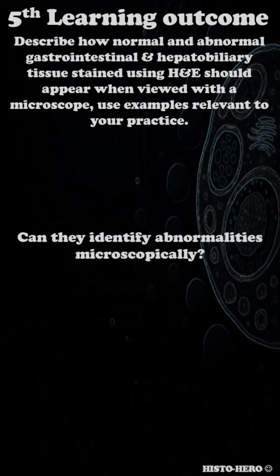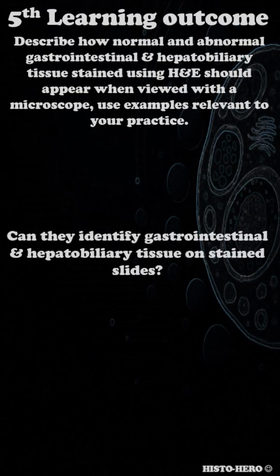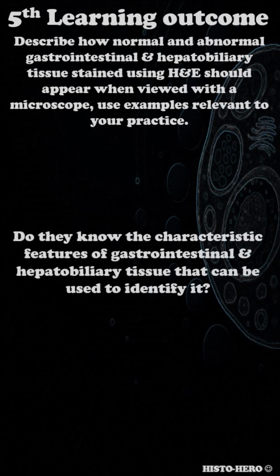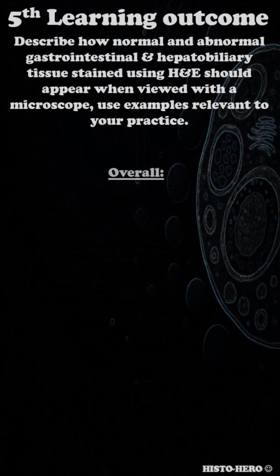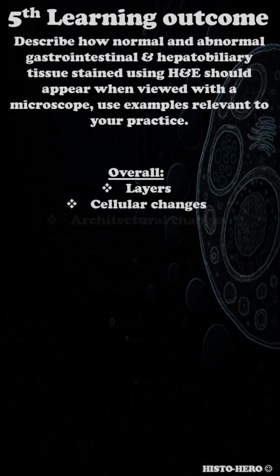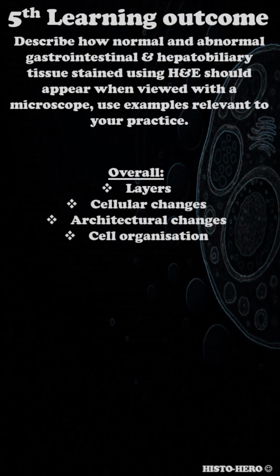Can they identify abnormalities microscopically? Can they identify gastrointestinal and hepatobiliary tissue on stained slides? Do they know the characteristic features of gastrointestinal and hepatobiliary tissue that can be used to identify it? Overall, the candidate should consider layers like mucosa, submucosa, muscularis externa, serosa, adventitia, cellular changes, architectural changes, cell organization, and special features